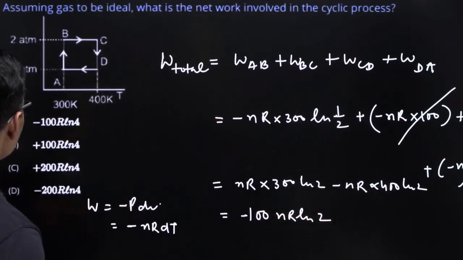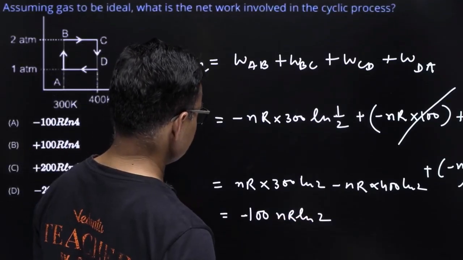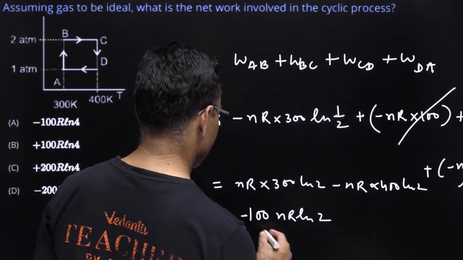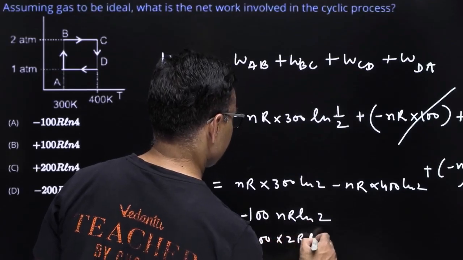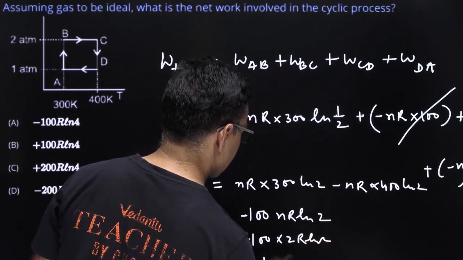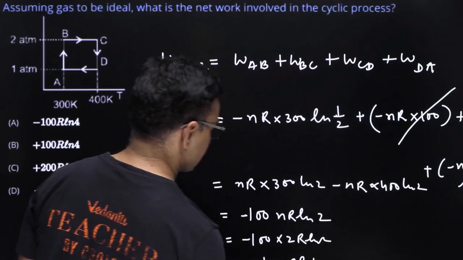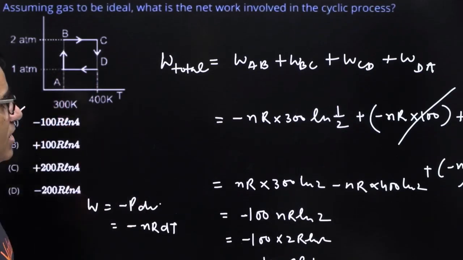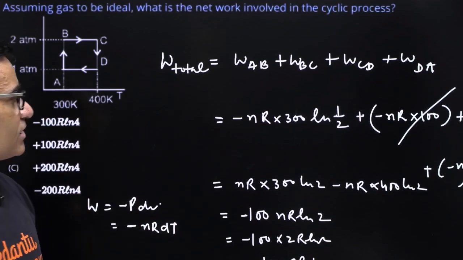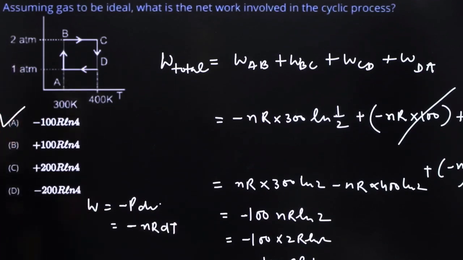n की वैल्यू है 2, जस्ट अ मिनट, n की वैल्यू 2 है, तो बस n की वैल्यू रख दो आप, -100 इंटू 2R ln 2 विच कैन बी रिटन एज -100R ln 4। सो दिस इज गोइंग टू बी योर फाइनल आंसर, जो कि ऑप्शन ए में दिया हुआ है। गुड क्वेश्चन। अगर आपको वर्क डन निकालने का फॉर्मूला पता है तो इजीली इस प्रोसेस में वर्क डन आप निकाल सकते हो। ऑलराइट,